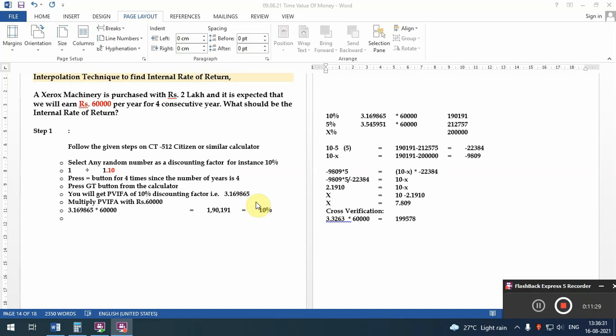For a better result, I can go further with the permutation and combination, and I can find out that the exact rate of interest will be somewhere ranging between 7.72 to 7.76. So for that I need to literally do a best permutation and combination, and I can find it out with the exact figure. But at BMS level or BFM level, I don't think that they will need such accuracy. So we can accept this answer as the correct answer and we can offer you the marks.